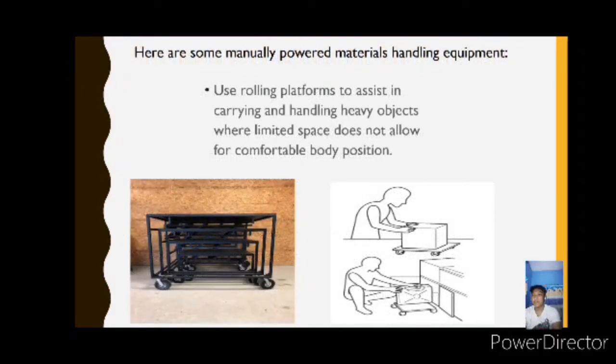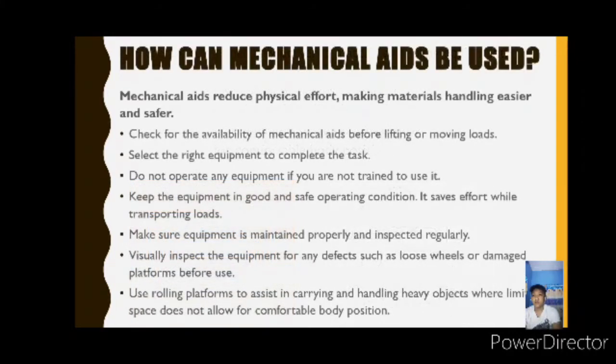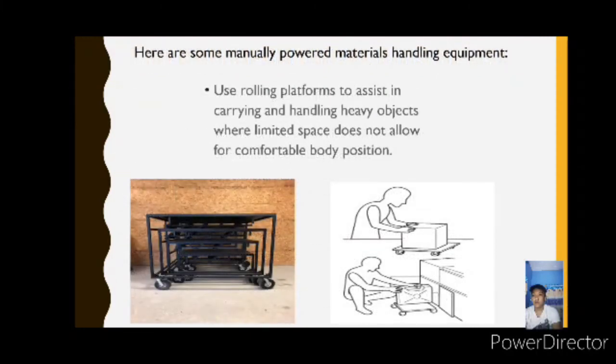Here are some manually powered materials handling equipment. Unang-una, rolling platform. Used to assist in carrying and handling heavy objects where limited space does not allow for comfortable body position. Rolling platform ay designed to increase productivity while reducing the risk ng ating back injuries and fatigue. Next,